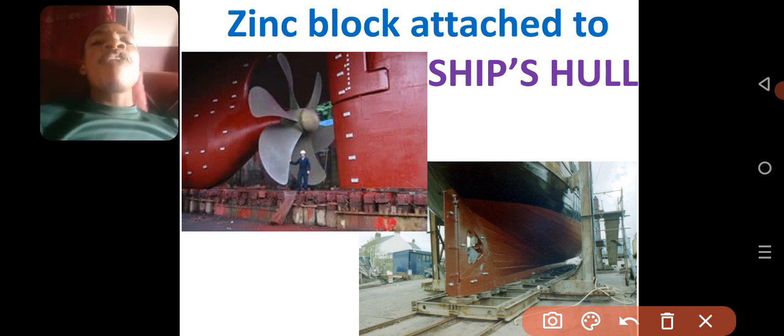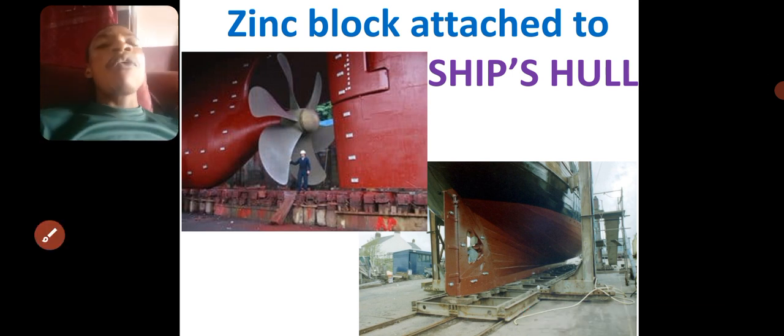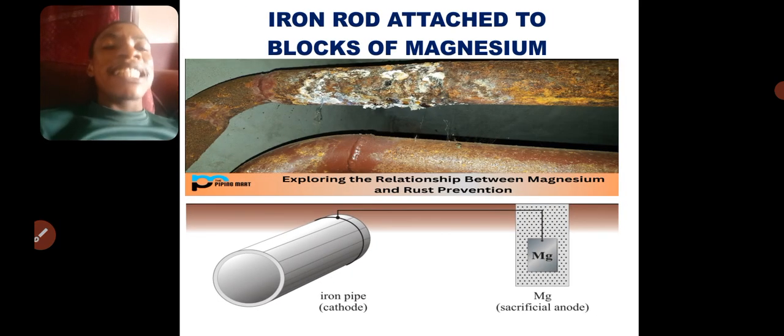So to avoid this, we have to put into place methods to prevent the ship from corroding, from rusting, and that is why you see blocks of zinc attached to that ship hull. I'm going to give you the chemistry of what we are looking at right now. Another way where we have applied sacrificial cathodic protection is in